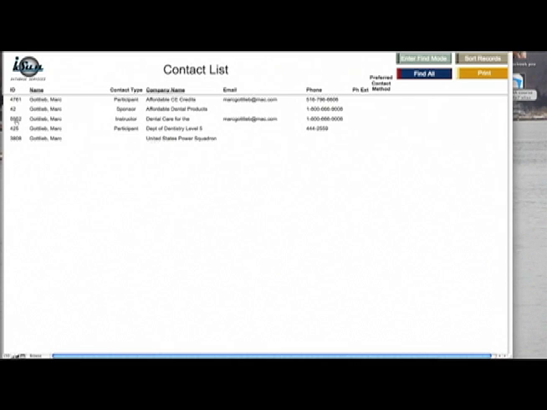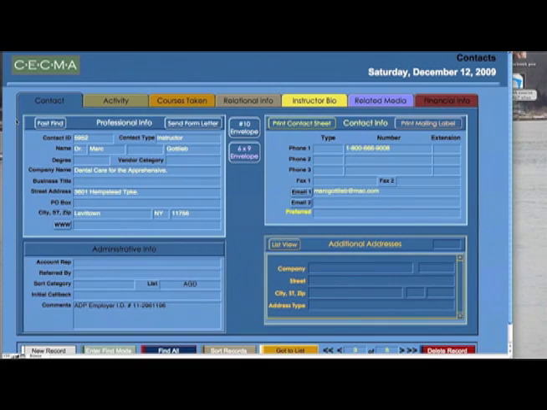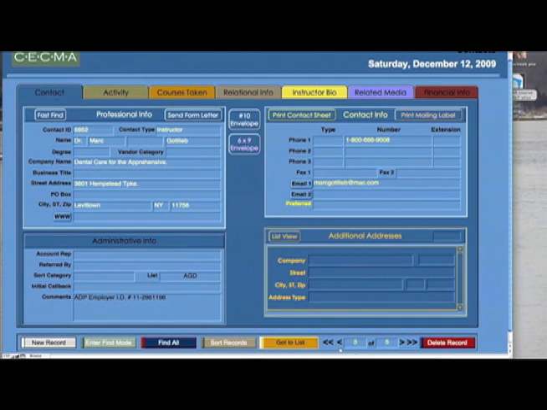If we'd like to see that person, click on the left part of the ID number. That brings us immediately to his card file, and we have all the information at our fingertips relating to that card file for that individual. Right now I have a few records to view,